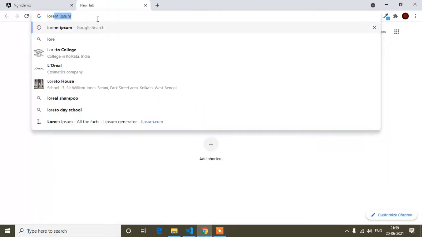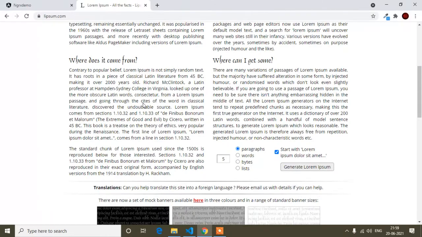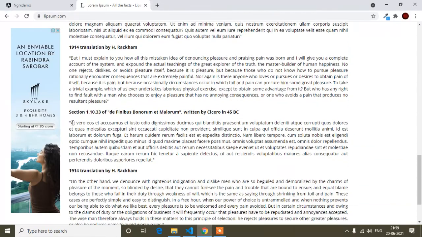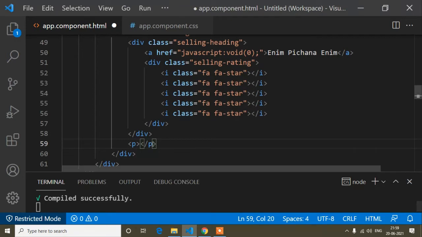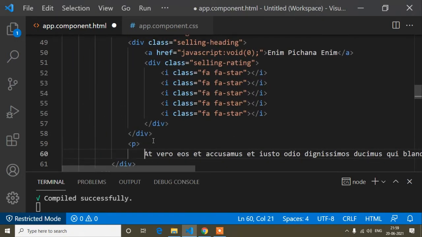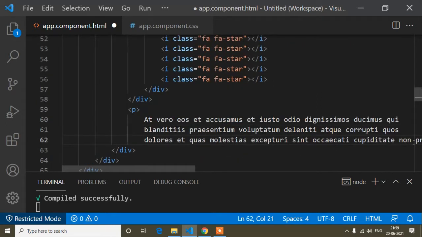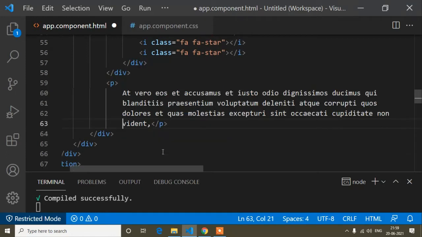I had already explained what lorem ipsum is; it actually provides dummy content. After opening the lorem ipsum site, I will copy some text. Up to this two-line text I copied and pasted here. I will just break this line. So the paragraph is done.